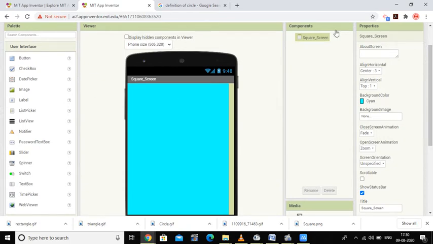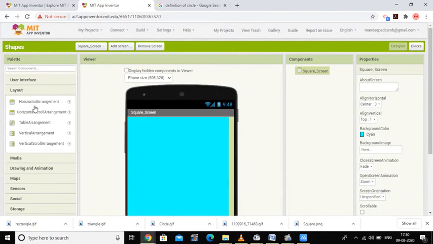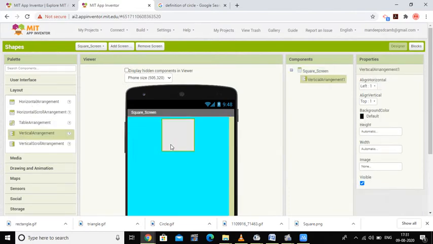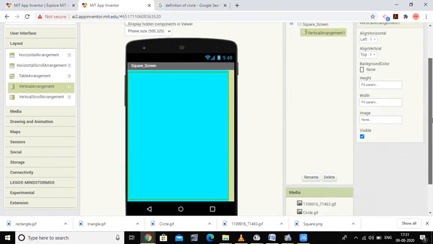For this, I first add a vertical arrangement with height and width set to fill parent. I'm setting its default color to none. You can have any image in the background; it's your choice.